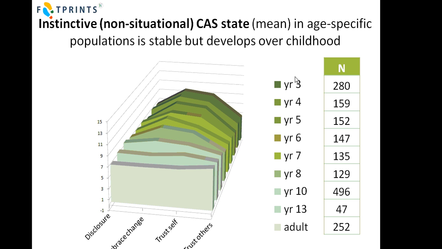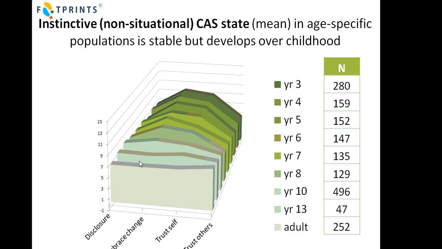So we've got age-specific bands, year 3 right the way up school years to year 13, and then an adult band as well. So we're taking mean scores against these 4 different CAS factors as modelled by Walker's 7-factor model of CAS. So we're not looking at 3 other factors here which weren't measured as part of this study, but these 4 factors here. And we've got the sample sizes here from which the means were taken. And what we see is a remarkable pattern which has emerged.